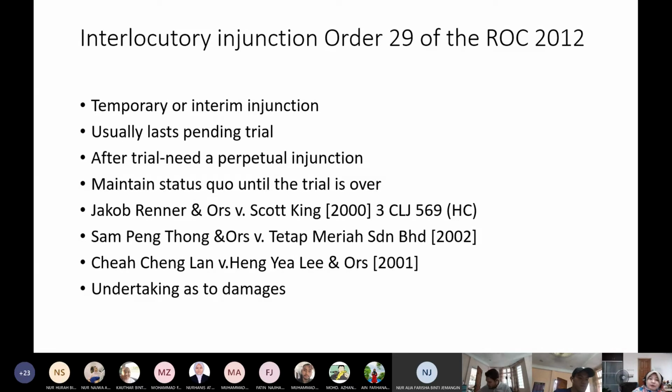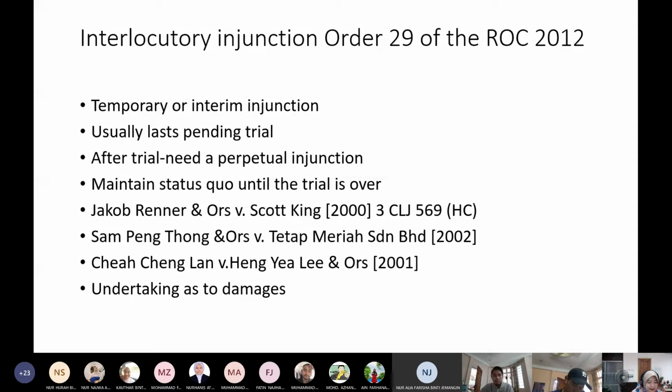This is a different application, so a different hearing date. The case is still going on for this interlocutory injunction. The trial is not over yet. You understand what I'm saying? They move together. So you already have your writ of summons or OS, and then